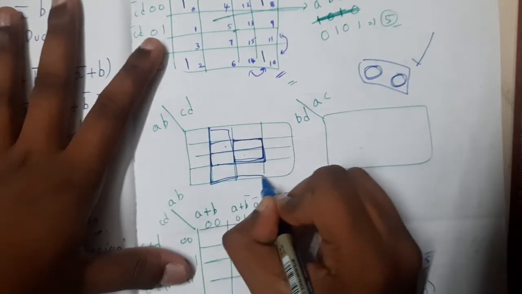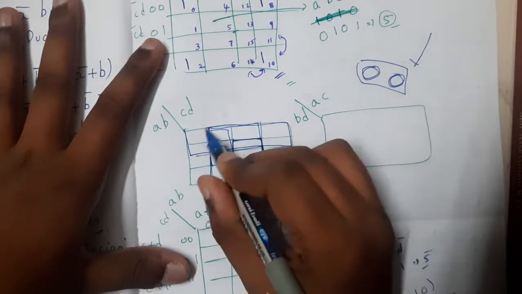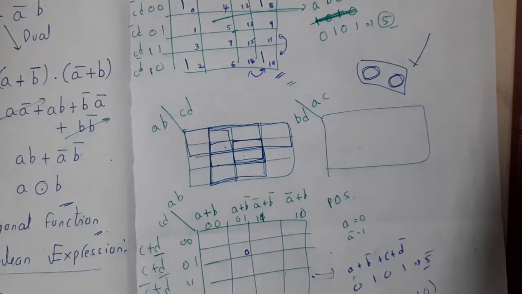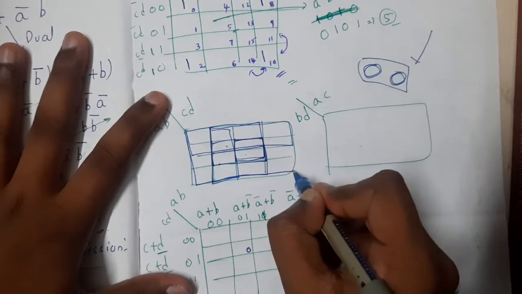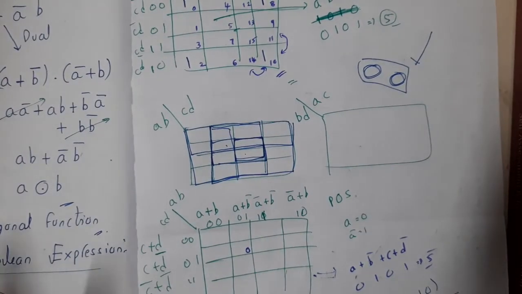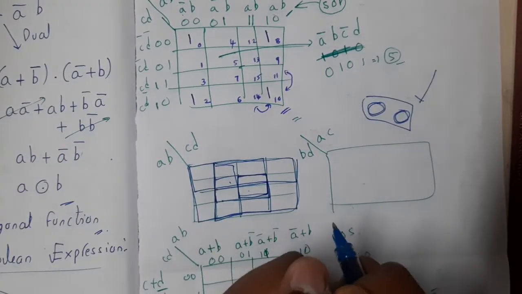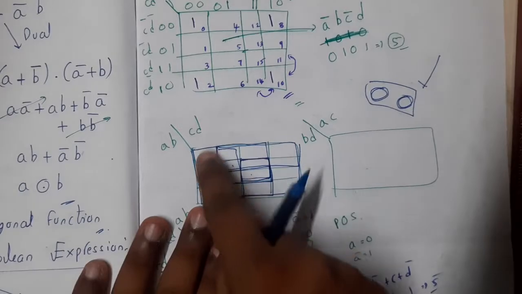You can combine 8 values in a square way or in a rectangle way. You can combine 8 or you can combine 16. You can exactly combine when all the values inside them are the same. So if you are writing for SOP, there should be 1 1 1 1, then you can combine them. And this is the basic method, guys.